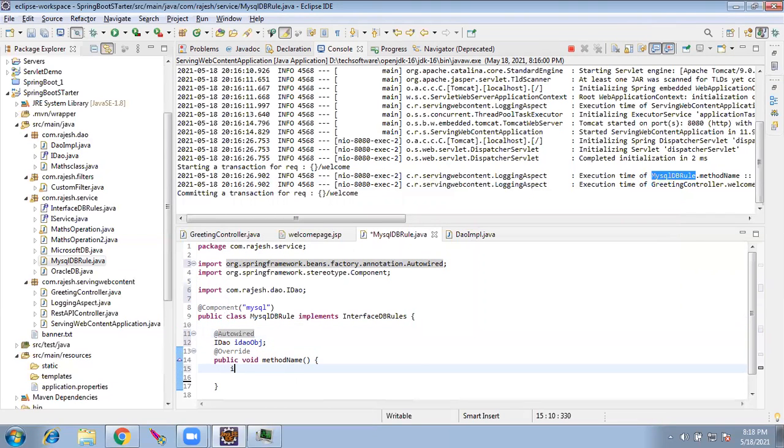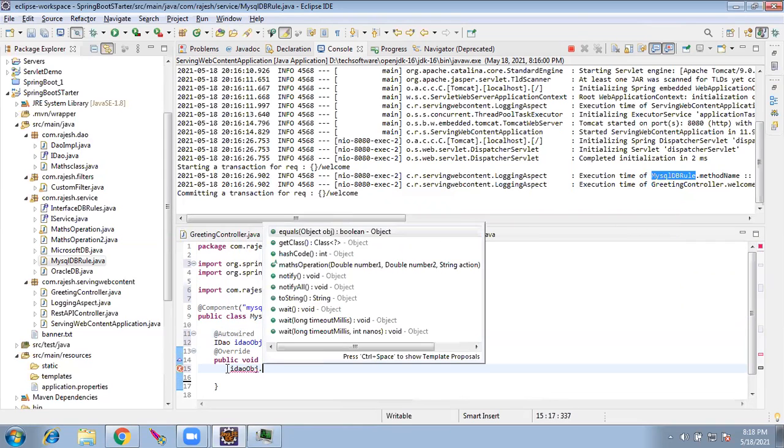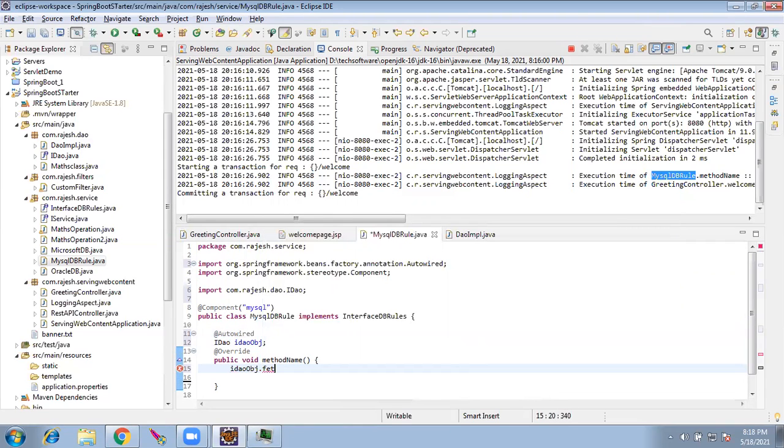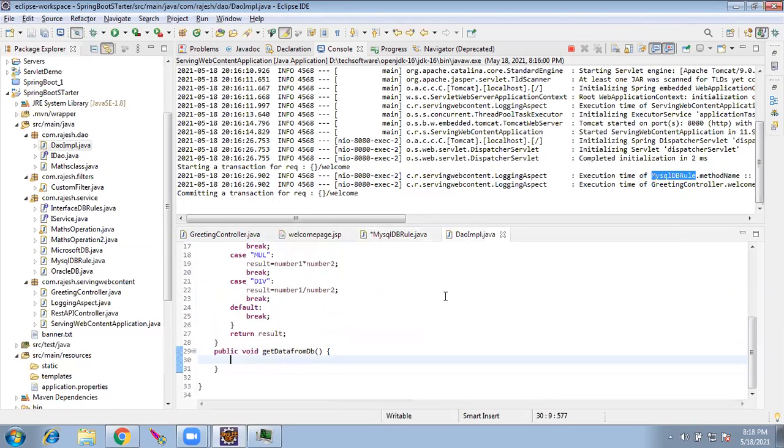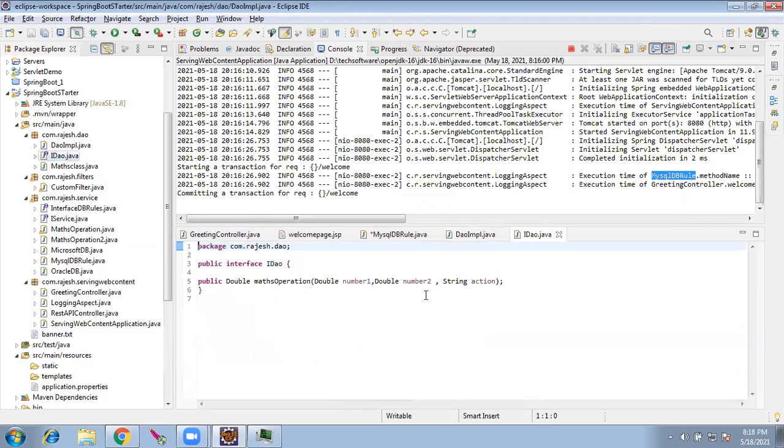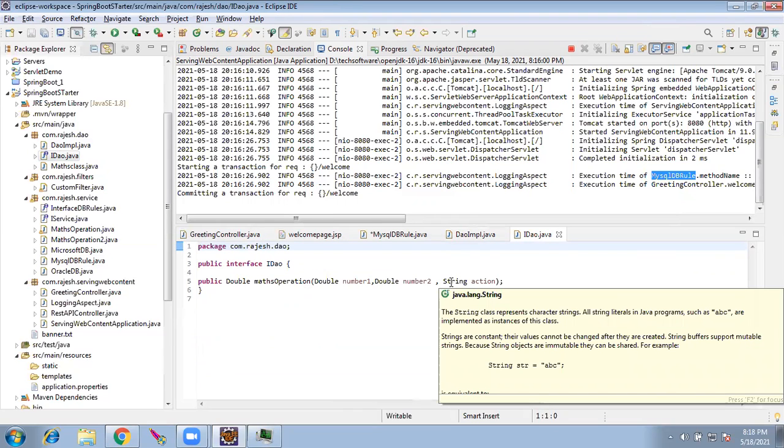So here IDAO object dot, what is the method name? Get data from DB. So I have to go into the interface and provide that method, get data from DB.